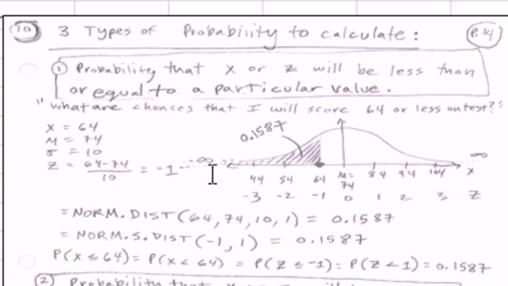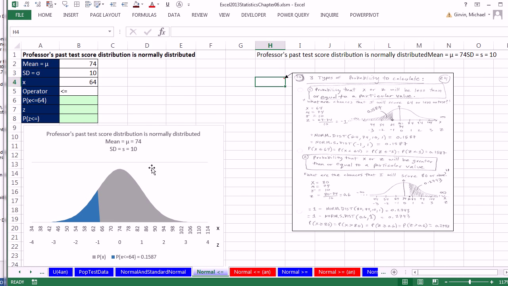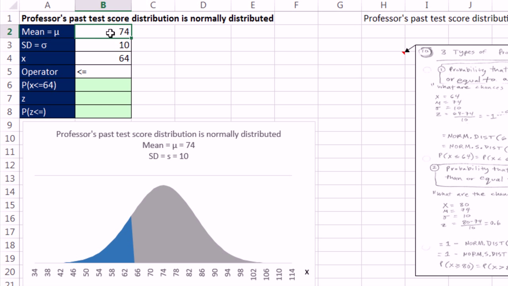all the way through Chapter 9 when we do hypothesis testing. These drawings for helping us with the normal bell curve, for seeing the probability, are really important. So it doesn't matter if you do it with a piece of paper or with your chart. Now here it is. Here's the mean. Here's the standard deviation. And here's our value. We want the probability less than or equal to that. Equals, and we have our x value. So it's